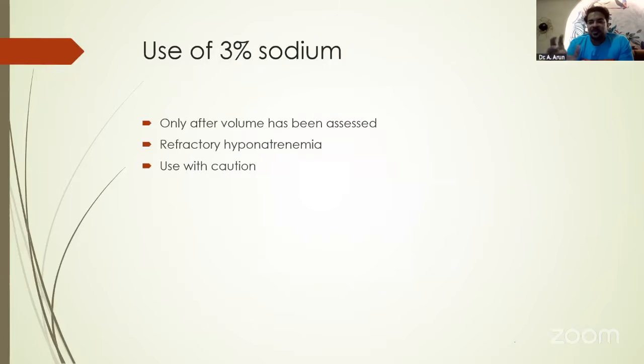So let's talk about something that is considered very controversial in critical care, definitely. That is the use of hypertonic sodium. So hypertonic sodium we always use with a lot of caution. It is because, like I said, without assessing the volume status, it is not feasible for us to give hypertonic sodium, because the moment any change or any switch in the volume status occurs, because of the elevated levels of electrolyte or sodium in the blood, the person's sodium gets rapidly corrected.